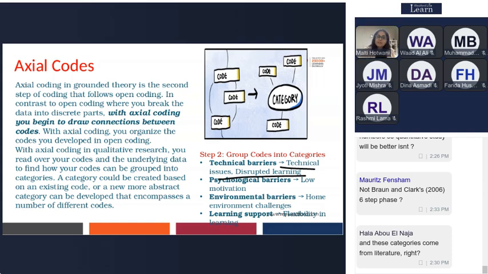Psychological barriers is low motivation. Environmental barriers can be home environmental challenges. Then learning support, flexibility in learning. So you can group these codes into various categories.